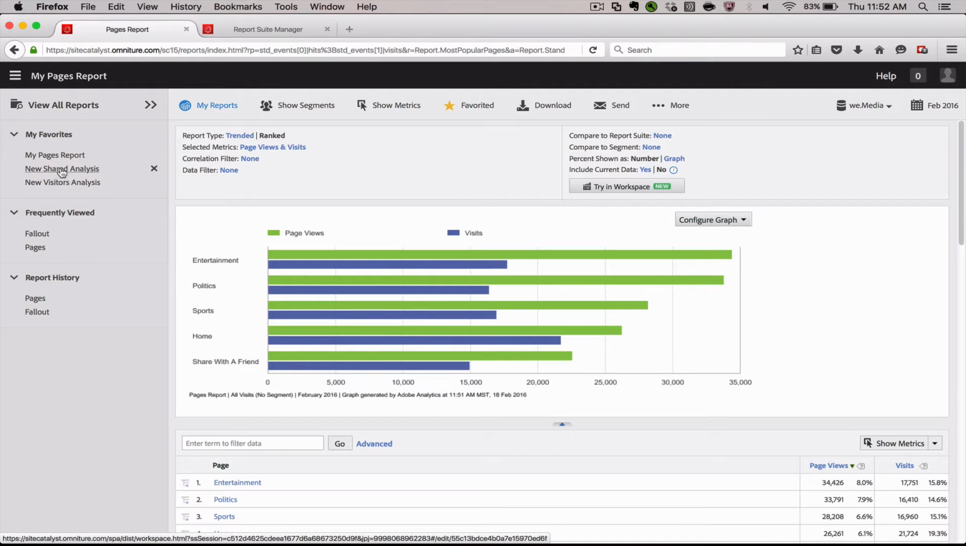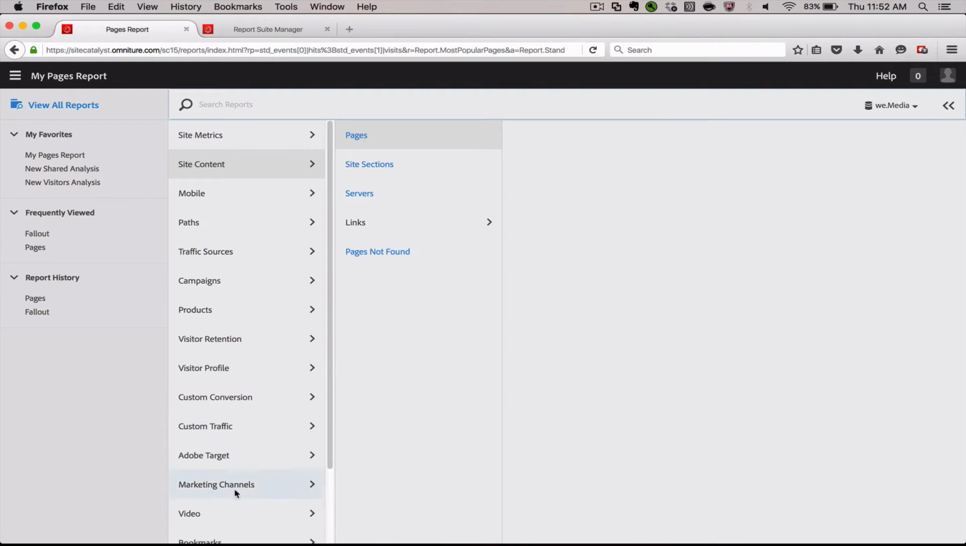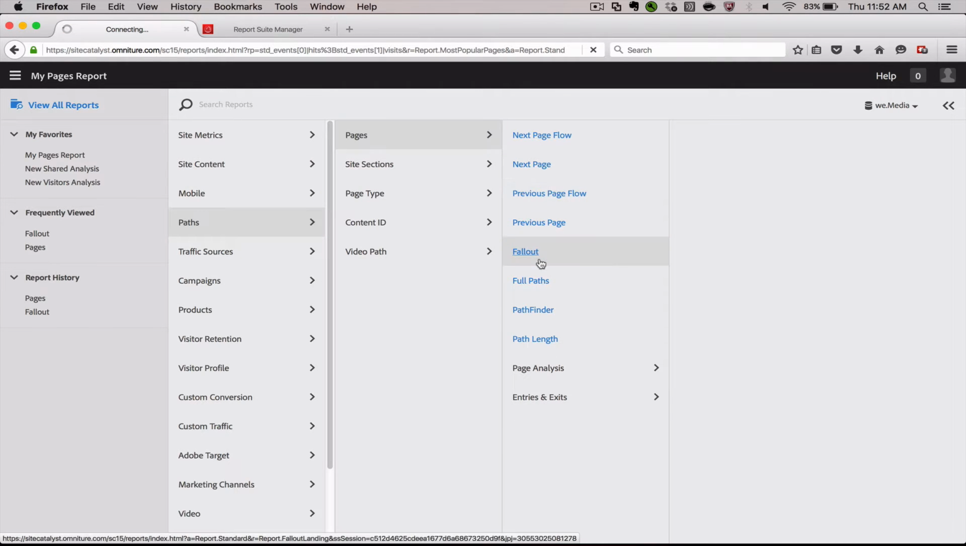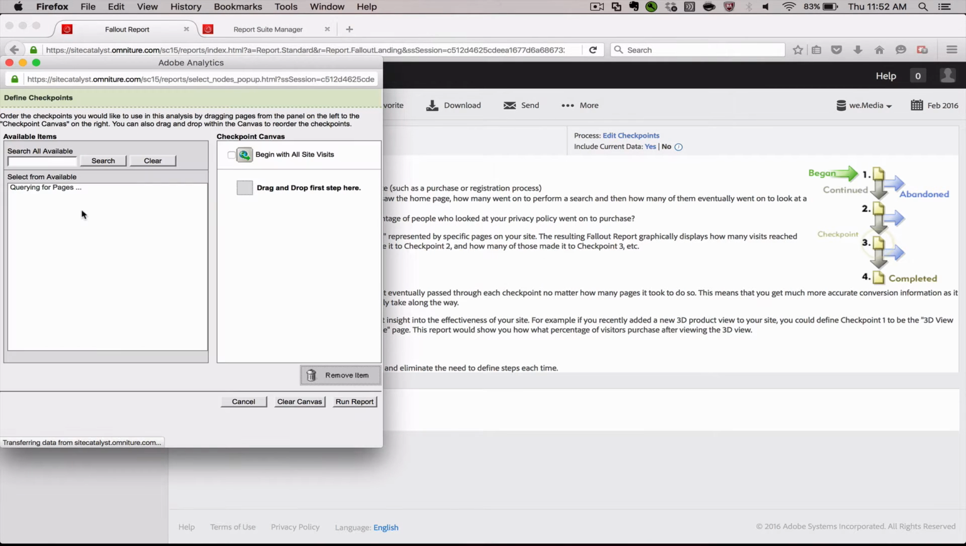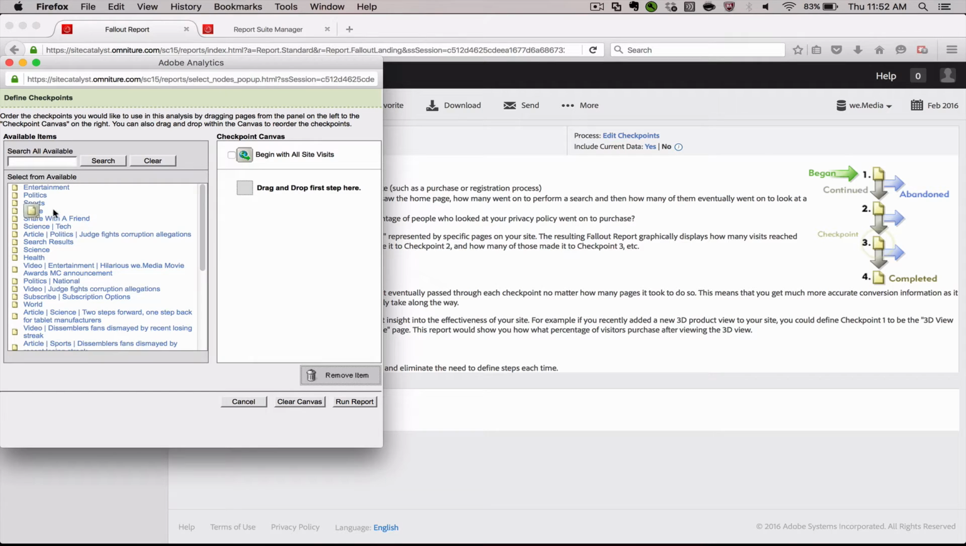Another thing that you can do on a global basis is to change the menu or create custom reports within the menu. So I'm going to come in here to a Fallout report, and I'm going to configure a Fallout report in a way that would be useful for a particular persona. So what I'm going to do here is a Fallout from people who go to the home page to search to science and tech. And then if I run this report,